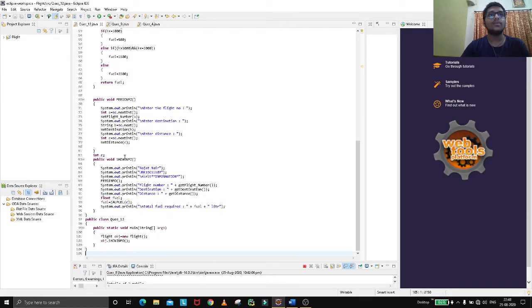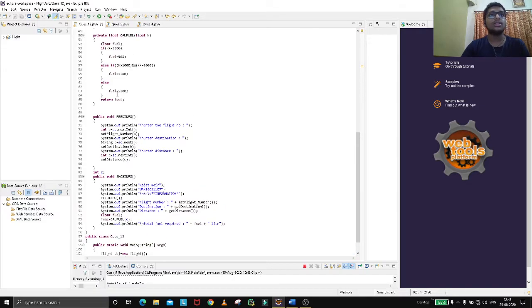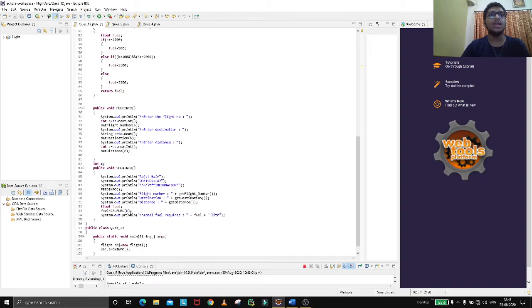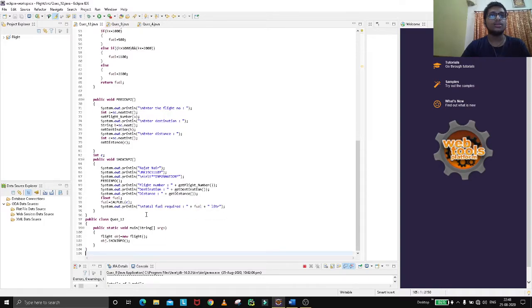So what we have to do now is showInfo. ShowInfo is for information about the flight number, destination, distance, and the calculated fuel. So basically calFuel is done by this. We have called the calFuel function for providing fuel for the distance. Now we have created a main function in which I have created a Flight object equal to new Flight, and obj.showInfo. So basically obj.showInfo will go to this function and print all these things, and it will call the feedInfo function. So if we run this code,